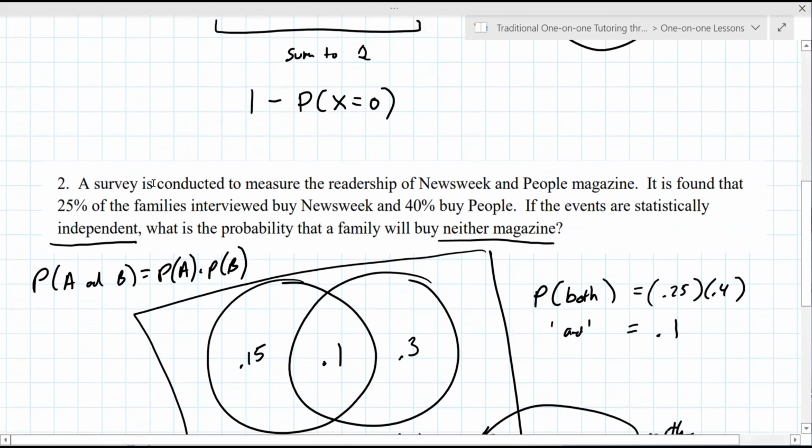Yeah, I mean, you and I don't buy magazines. I don't know anybody who buys magazines very often. Yeah, I don't. That's a weird question, but